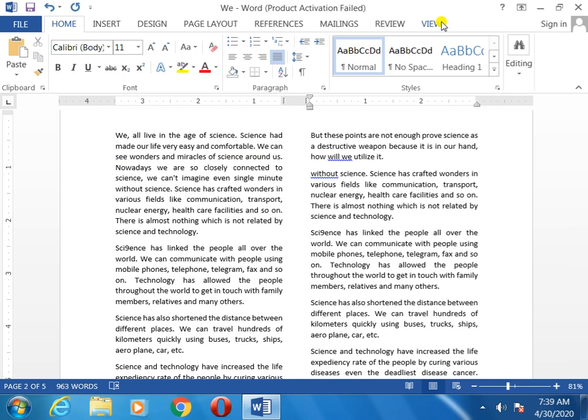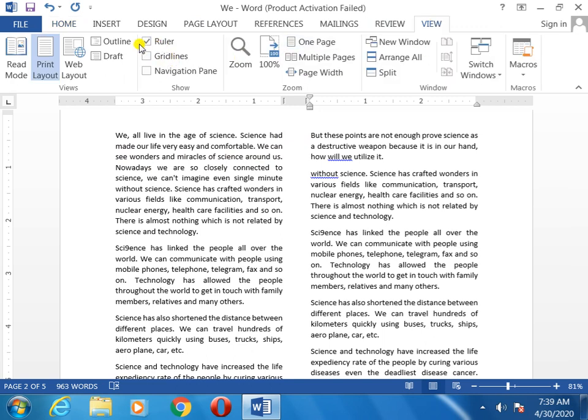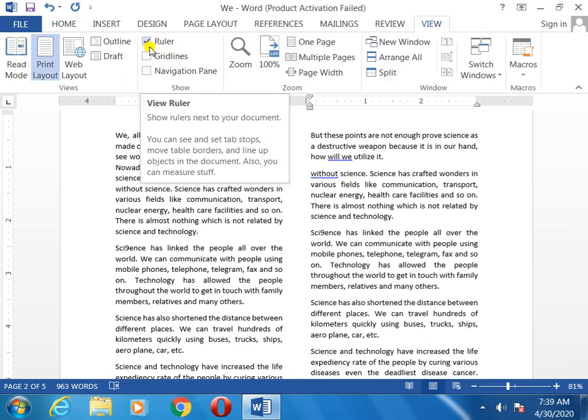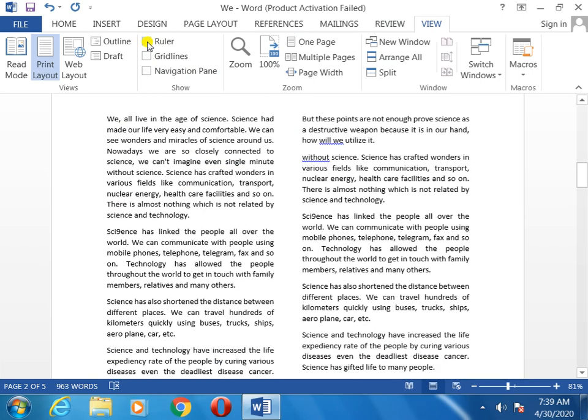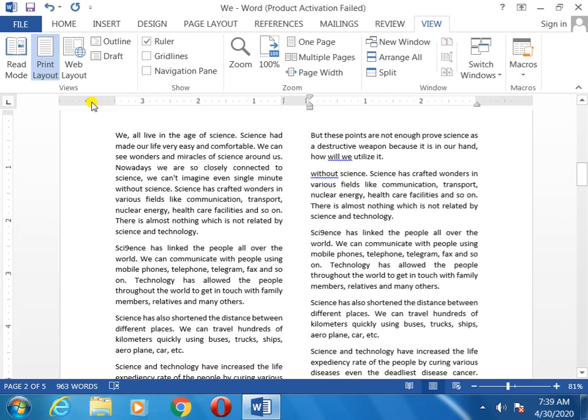How? You will go to the view options, you can see the ruler option and tick mark. If it is not ticked, you will give the tick mark, then the ruler scale will come on the top of the document. Here you can see the ruler.